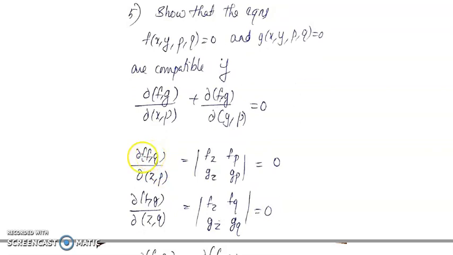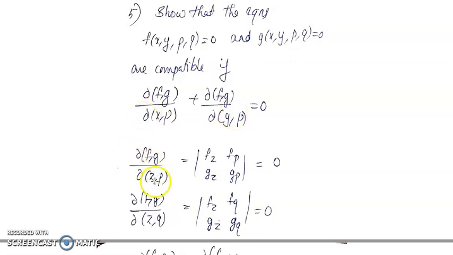അപ്പോൾ നമുക്ക് box fg യുടെ ഡെഫിനിഷനിലുള്ള രണ്ട് ജക്കോബിയൻസ് ആണ്. So first we'll calculate the remaining values of the Jacobians. So we will find dou of fg by dou of zp and dou of fg by dou of zq. So if those are equal to 0, so the box fg will reduce in this form. That gives the required condition.